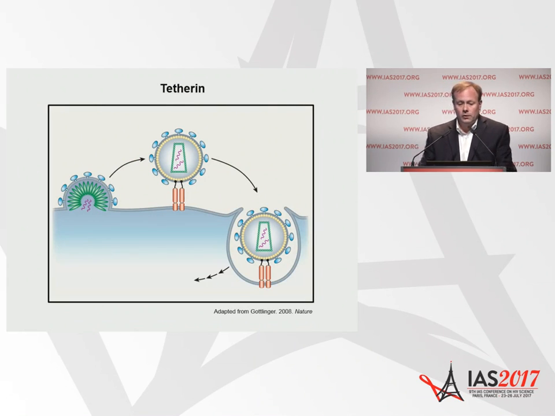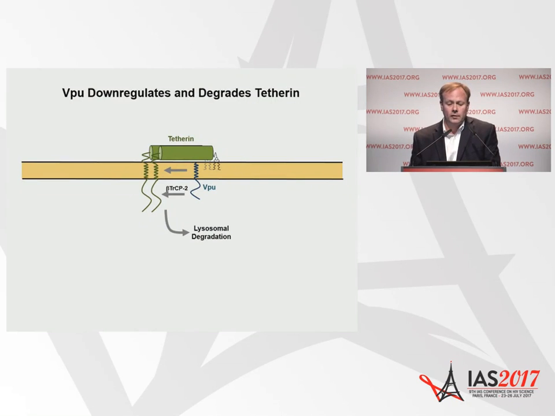Our group also works on another restriction factor for HIV known as tetherin. This was a factor first identified in Paul Bieniasz's group. Tetherin is an interferon-inducible transmembrane protein that has a rather peculiar topology, with an N-terminal and a C-terminal membrane anchor. When it's expressed on the surface of infected cells, it can become incorporated into budding virions and prevent their detachment. HIV normally overcomes restriction by tetherin by expressing Vpu.